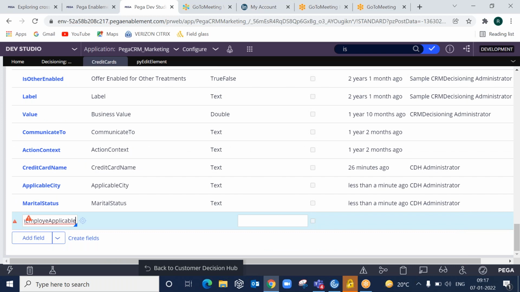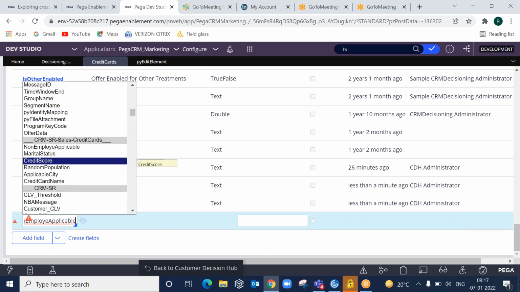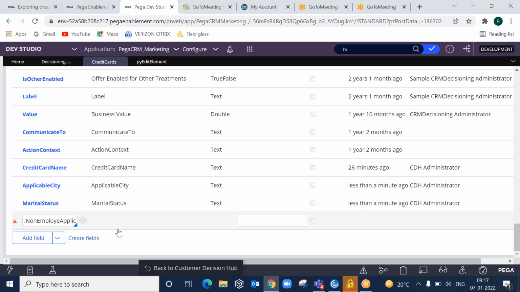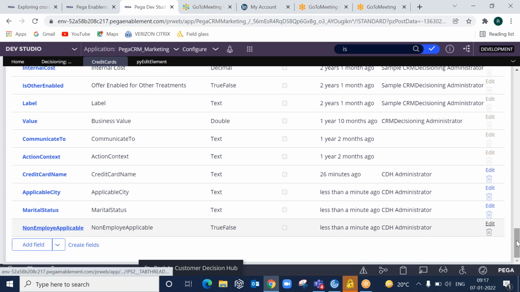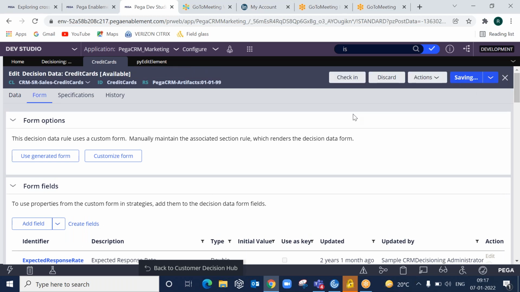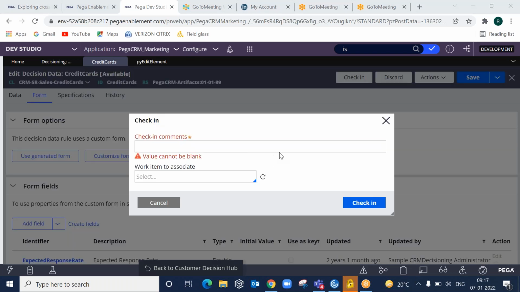Just select this and that's it. Now we have added these fields under the form tab. Now let us see whether they are available in the results. I'll give the comment: added the custom fields under form tab.